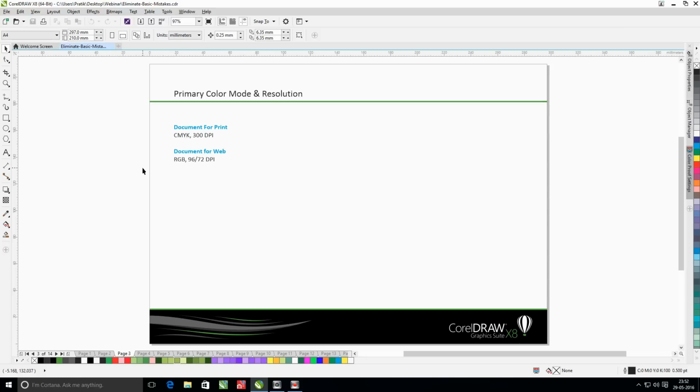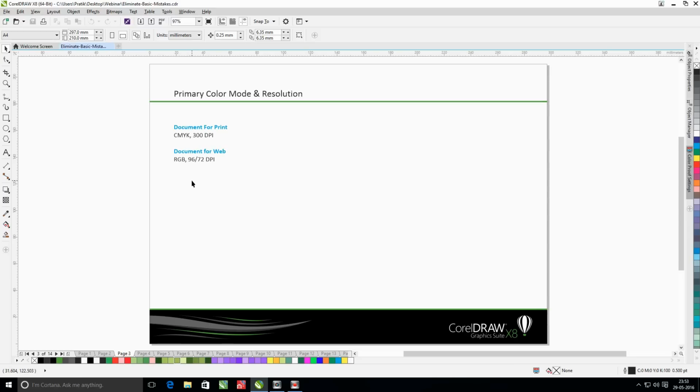So if you're designing for print media, you need to work in a CMYK environment with a 300 dpi resolution. Whereas if you are working for web media, it is generally recommended to work in RGB mode with a 96 or 72 dpi resolution.